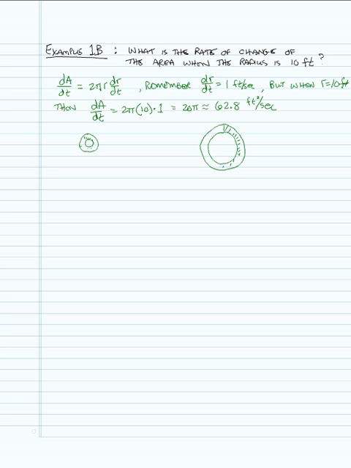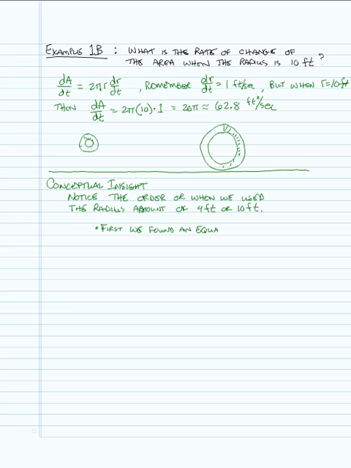Well, what I'd like to do is summarize a couple of things here and give you a couple of warnings. Let me get set up for that. Let me start, and this may be a little halted as we go through here, but here's the insight that I want you to have, because this is where students make a mistake when we talk about related rate problems. The thing is to notice the order, or when we use the radius amount. In the first example, 1A of 4 feet, and the second example of 1B of 10 feet. And here's what I want you to recognize. First,